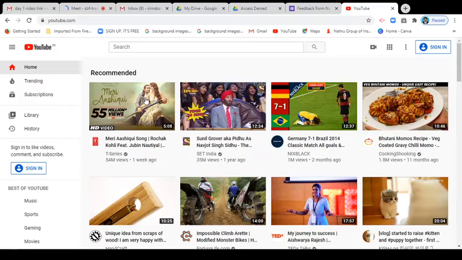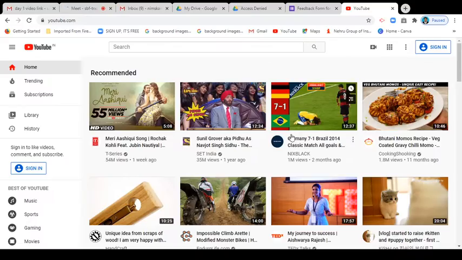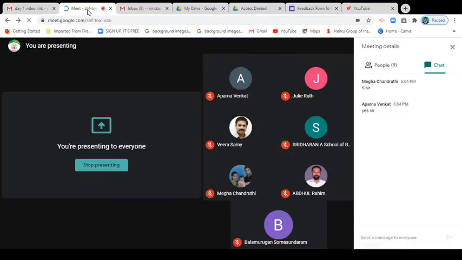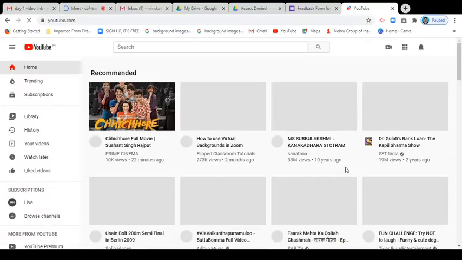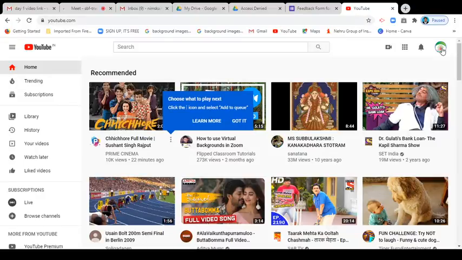You move to your YouTube Studio. In YouTube Studio, there are so many things; you click the sign in button. It simply asks your mail ID, whether it may be your institution mail ID or your personal mail ID, it does not matter. You simply give your mail ID, that's enough. Already I have that account, that's why it automatically accepts it.